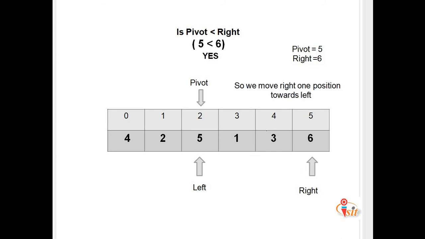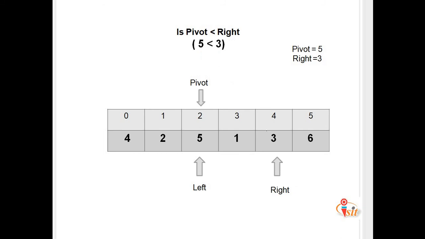In that case we need to move one position towards the left. So right will become here. Again the pivot is 5, right is 3. So the value of right is less than the pivot. In that case we are not moving anywhere. So we got the value for the left as well as the right, and we need to swap the pivot